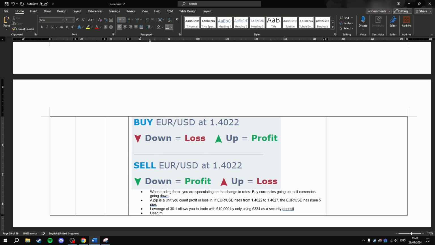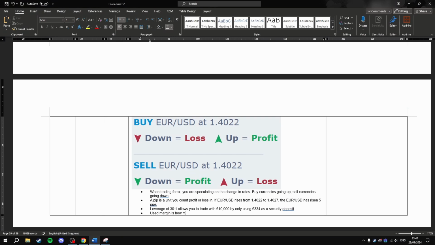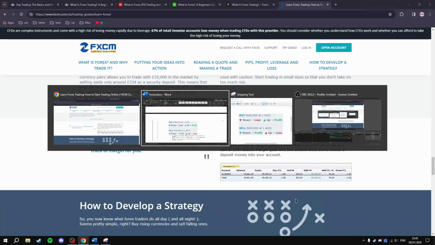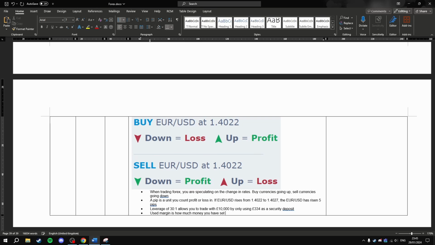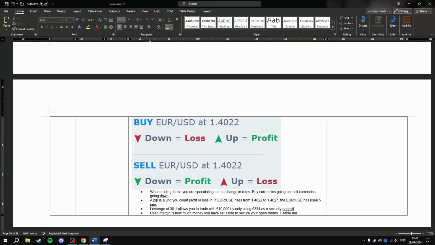So used margin is how much money you have set aside to secure your open trades. Usable margin is money left in your account to open new trades or absorb